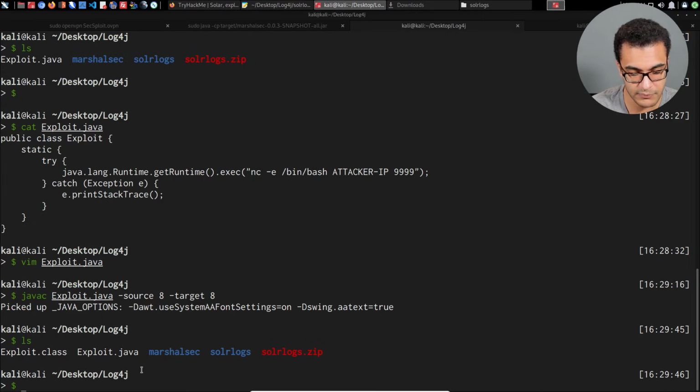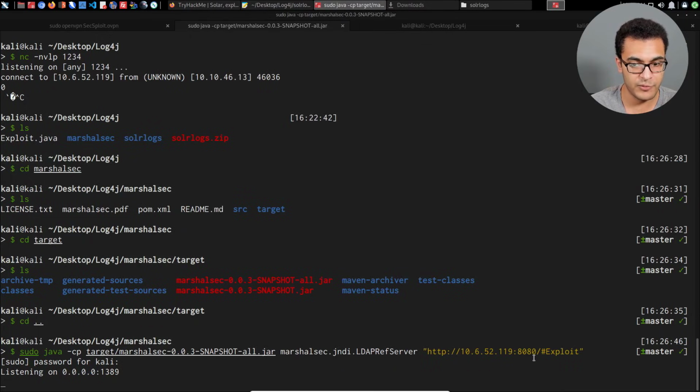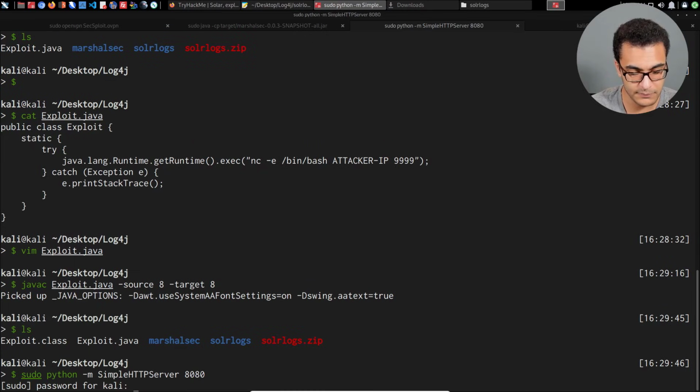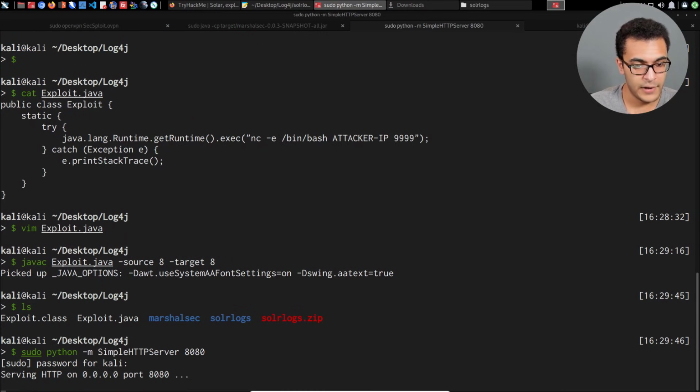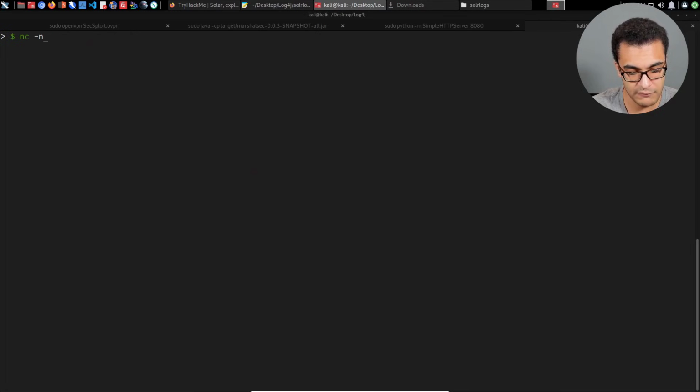So again, we need to set up the web server that will do this, and we'll utilize the Python module SimpleHTTPServer. Remember, we're hosting this on port 8080 as we specified in the arguments when setting up the actual LDAP referral server. So 8080, make sure that is correct there. I'll hit enter, and it's going to host these files on port 8080. We now need to set up our netcat listener on port 9999. So netcat -nvlp 9999. That's going to listen for the reverse shell once it's